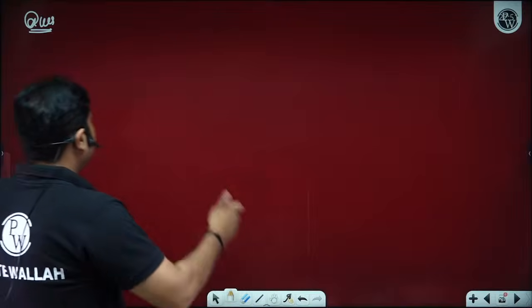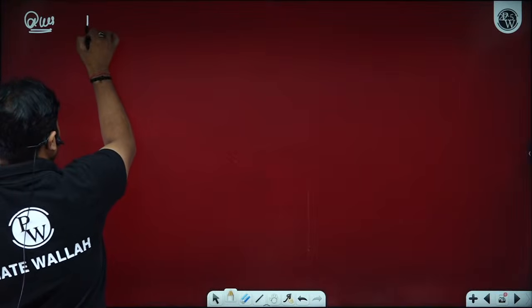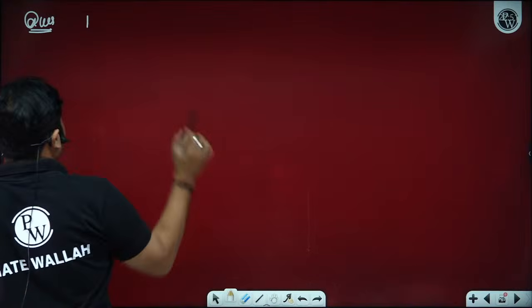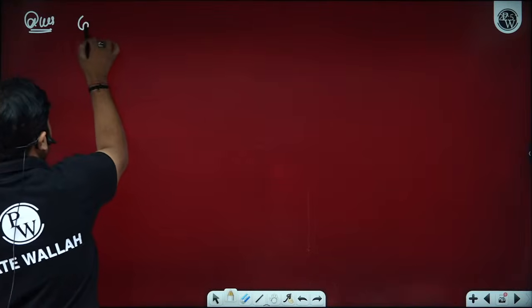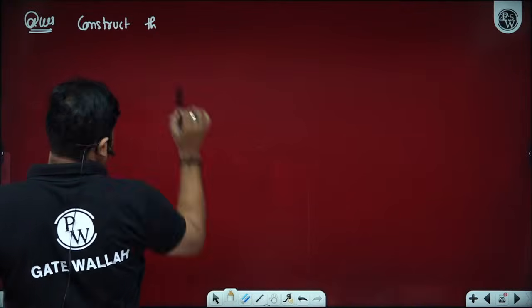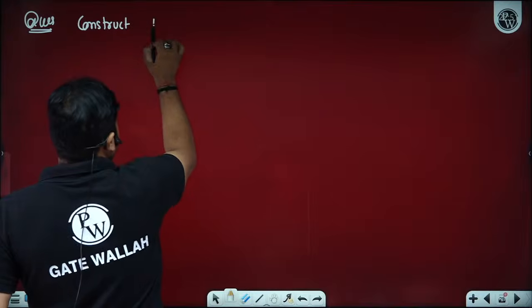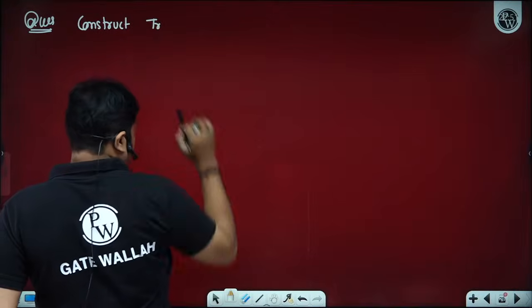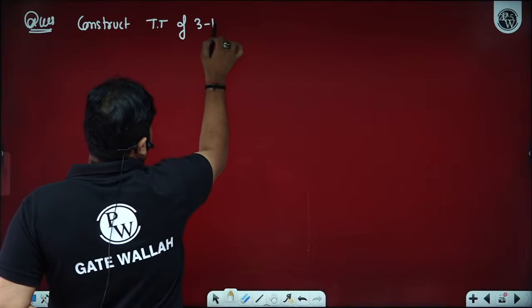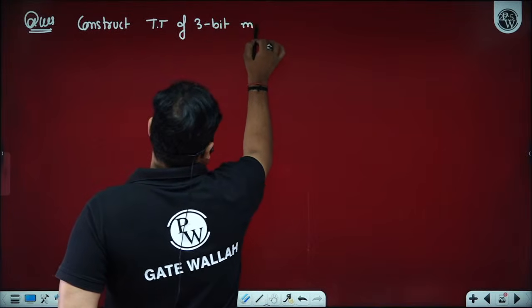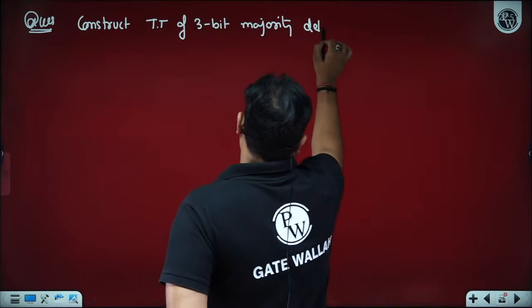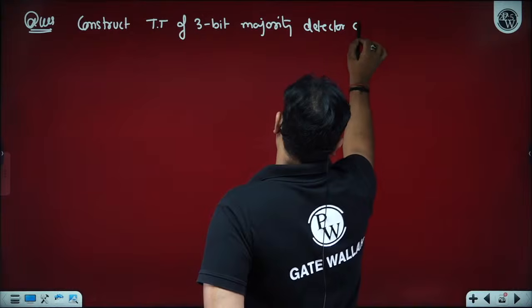Construct the truth table of a 3-bit majority detector circuit